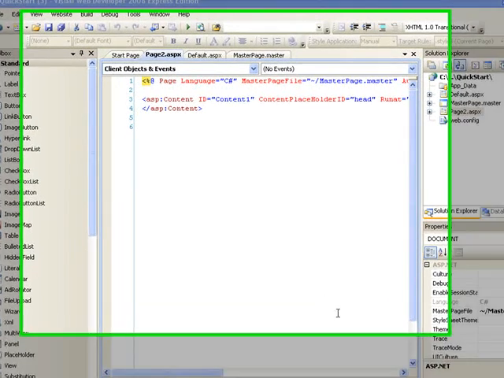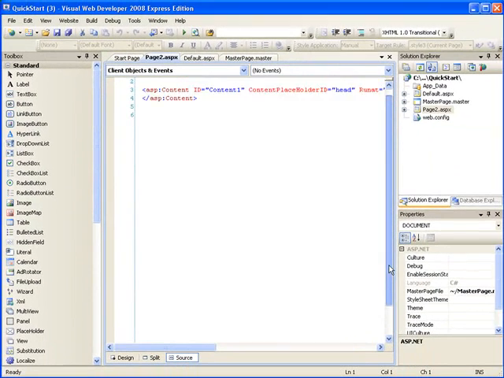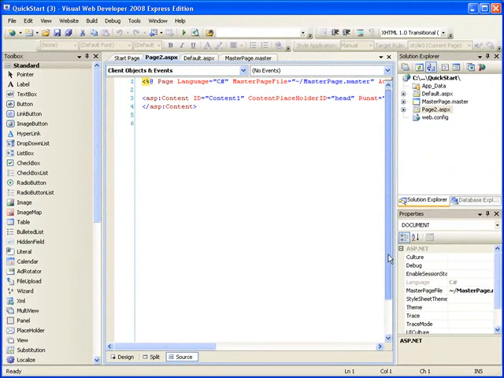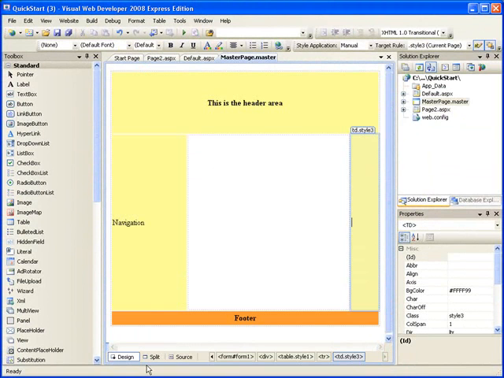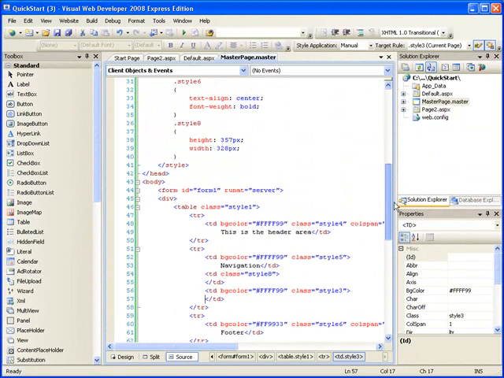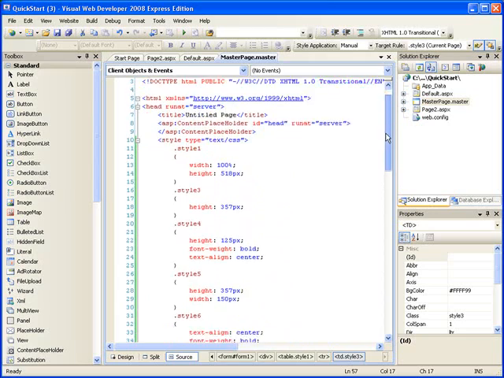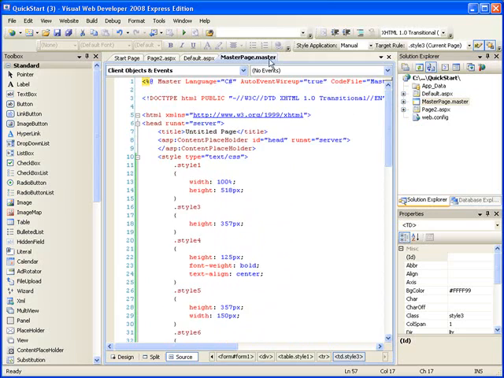I'm going to be continuing where we left off in the last video. There's something I quickly wanted to show you on the master page. Source, is it the source of them? Okay, yeah. So as I was saying earlier about CSS, if you go to the master page,